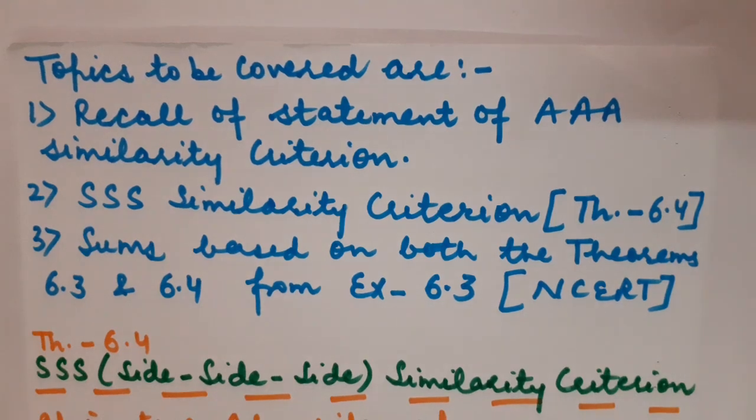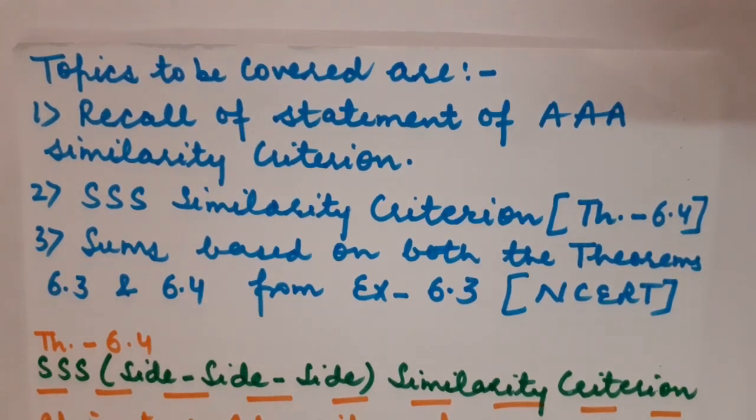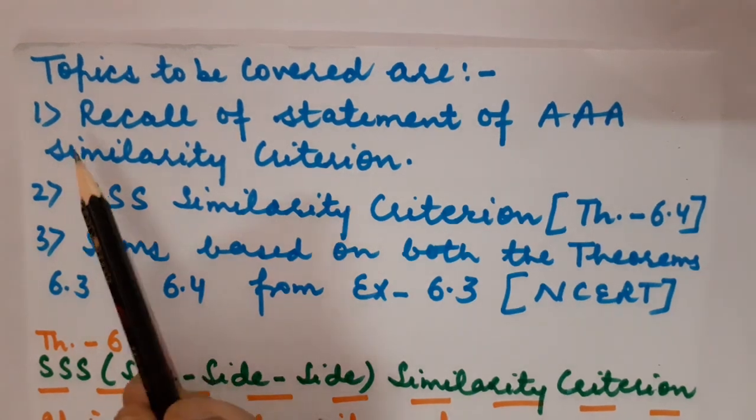So children, in my previous lecture, that was lecture number 3 of chapter number 6, I made you understand how to derive triple A similarity criteria. Triple A means angle, angle, angle similarity criteria. Fine children? So the topics which I am going to cover in today's lecture number 4, they are number 1,